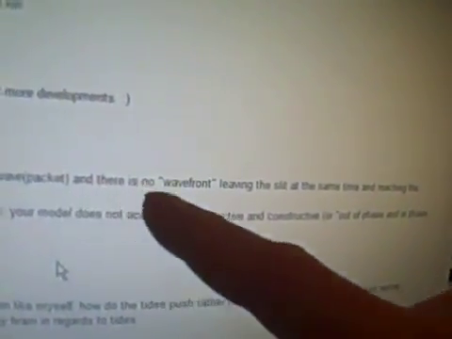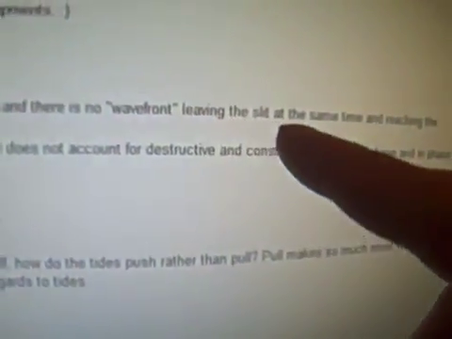all right. The other comment: your problem still is that light is a wave packet, which doesn't mean anything. It's pretty undescriptive, and there is no wave front. Well, there has to be a beginning to it. You can say there's no wave front, but photons don't have a non-beginning. They have an identity. They have a place. You can't just say it's not somewhere. It is somewhere. And there is no wave front leaving the slit at the same time and reaching the plane